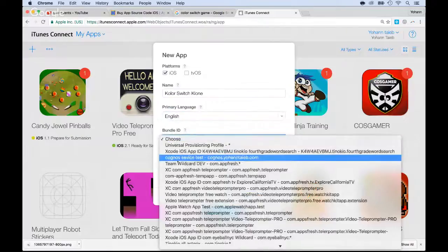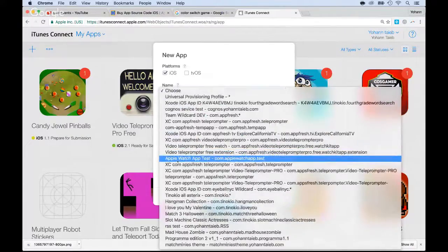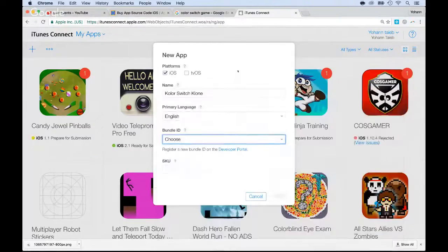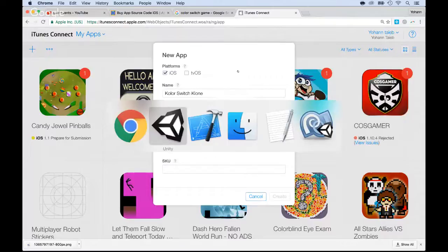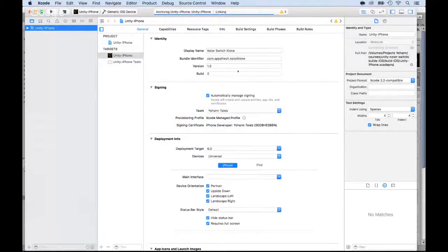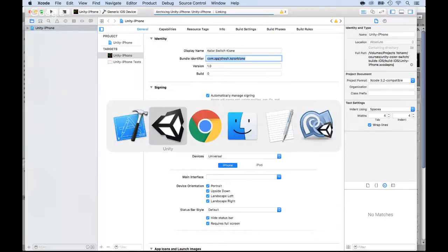The bundle ID might not be here just yet. Let's see. It might be there. As soon as I create the build here, it will appear. Okay, so it's still linking. So we'll have to wait for this to finish so that we can have that. If not, let me show you how to create it. I'm going to take that, go to